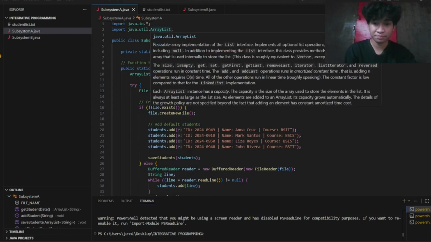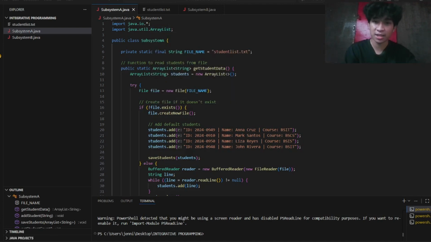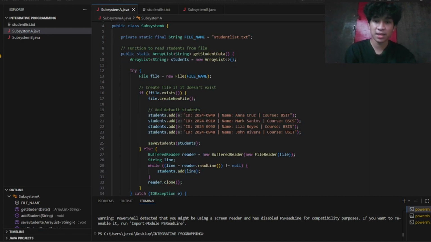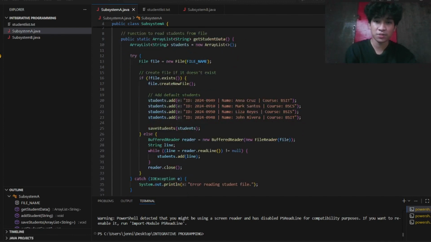To get the student data, you must use a public static ArrayList, getStudentData. This function returns a list of students. Inside the function, we create an ArrayList of students, new ArrayList. This list temporarily stores the students' records while the program is running.